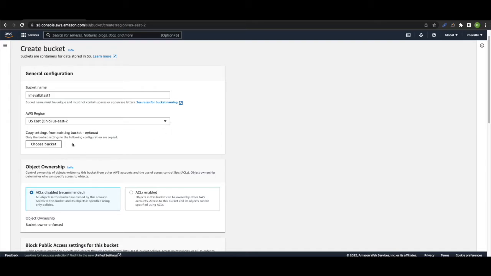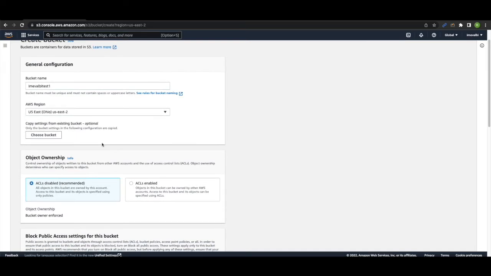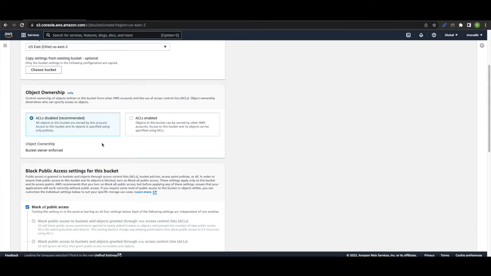So you can also choose the region. I'm going to keep US East Ohio for this particular demo. You can always choose settings and copy the settings from a different bucket, but we are going to skip that. What is the access control? All the objects in this bucket are under my ownership. We can always put it under a different AWS account, but we are going to skip that